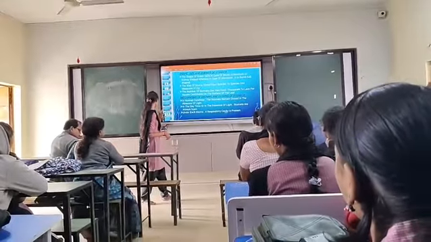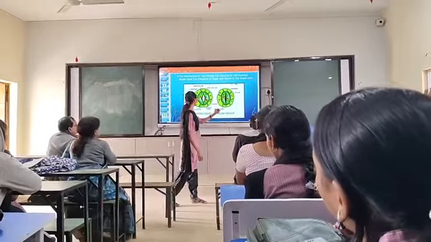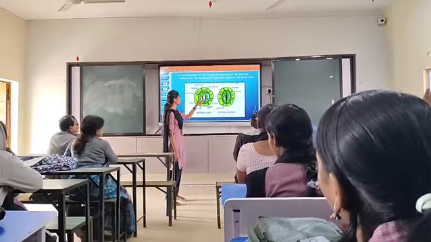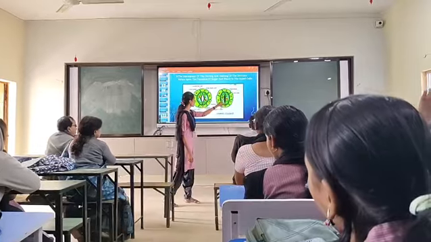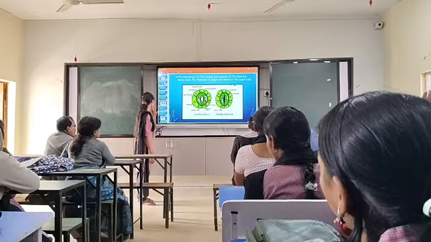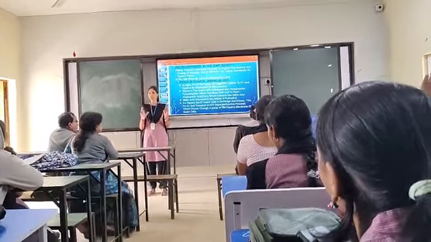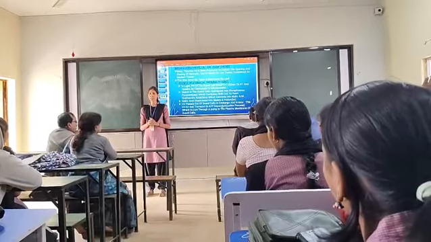So this is the structure of an open stomata and a closed stomata. As you can see, in open stomata the guard cells are open, and in closed stomata the guard cells are closed. So this is about the opening and closing of stomata. To describe the opening and closing of stomata, there is a theory which is most widely accepted,